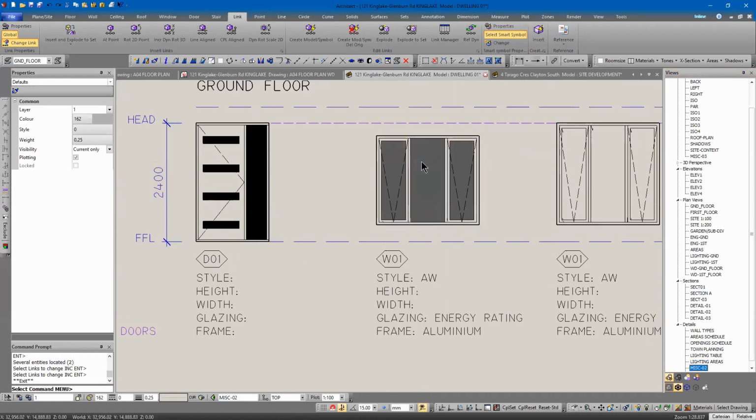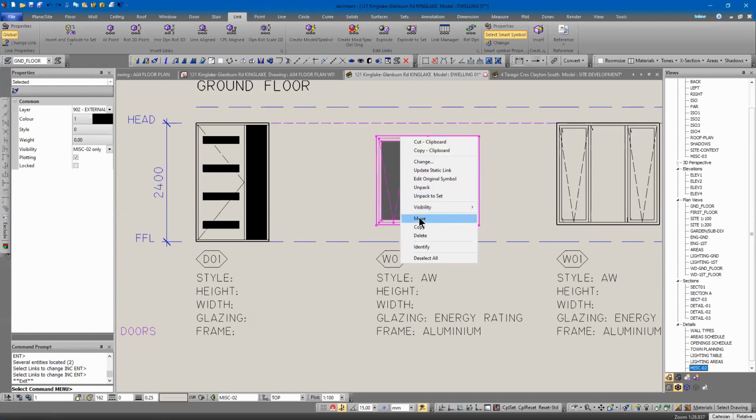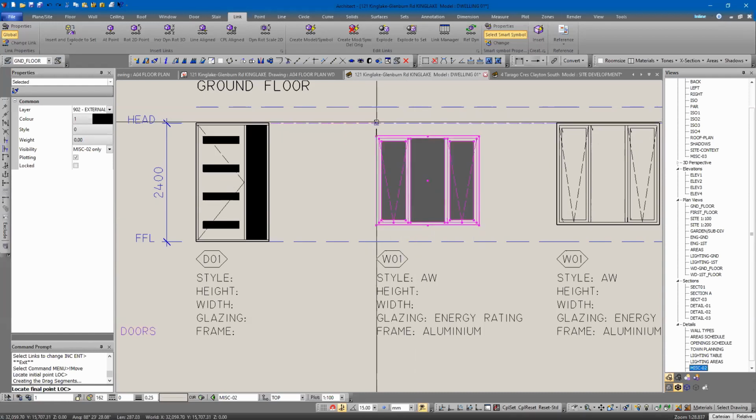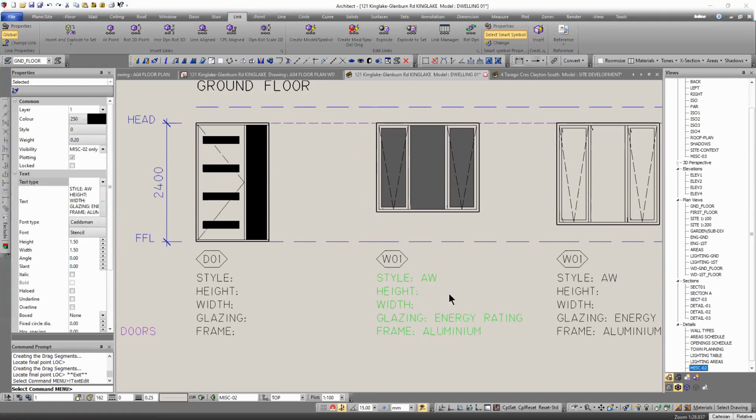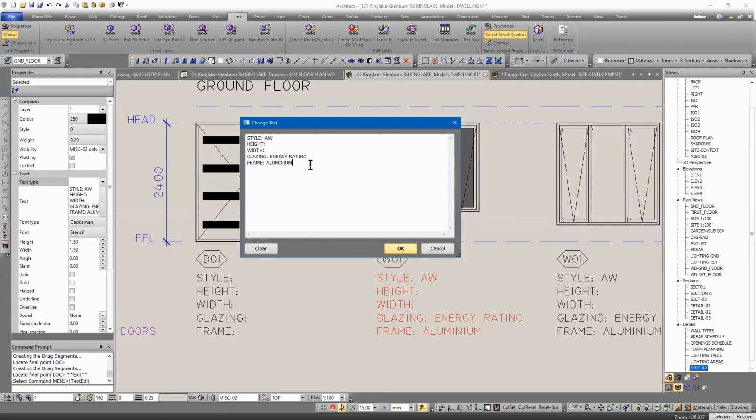Jump to my elevation, right click. It now updates my symbol to match the one that I just copied off. I can then just go move and snap to my headline. I can then come down to my text and go edit. And of course I can just paste in what I copied from the symbol name, and I can just fill it in with the height is 1800, the width is 2050, the glazing is